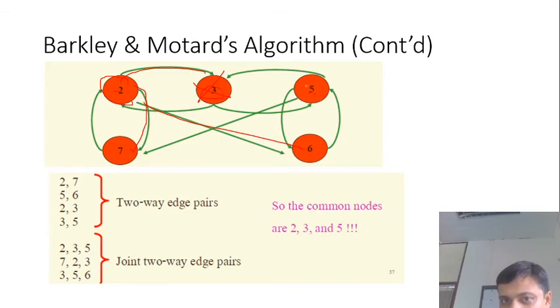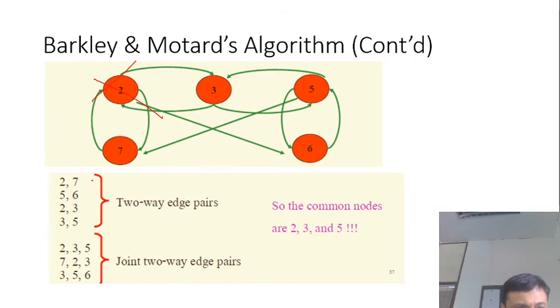Let us look at 5. 5 also is a common node between 3 and 6, like 3, 5 and 6. It again has 1, 2 and 3 outputs. So node 2 and node 5 are the common nodes, and both of them have 3 outputs. So I can choose any one of them. As I told you, you can select a node arbitrarily when the number of outputs is the same. So in this case, let's go with node number 2.